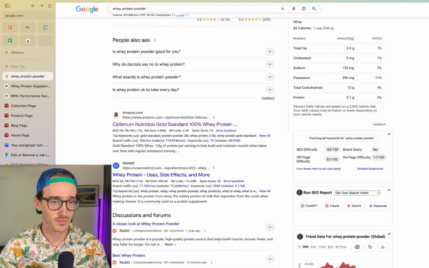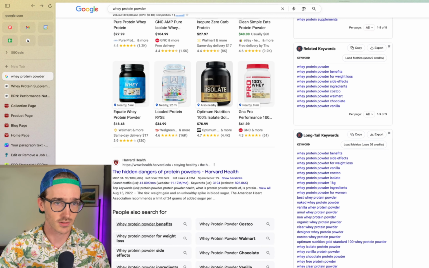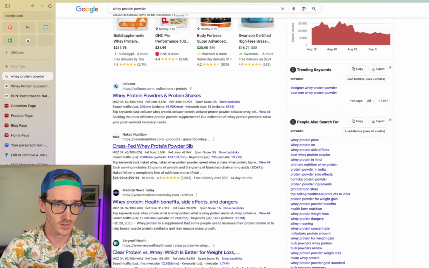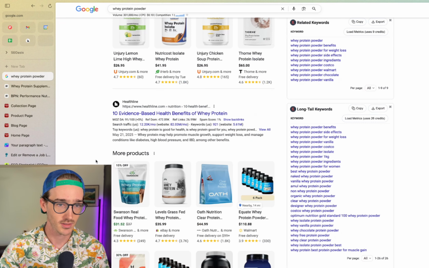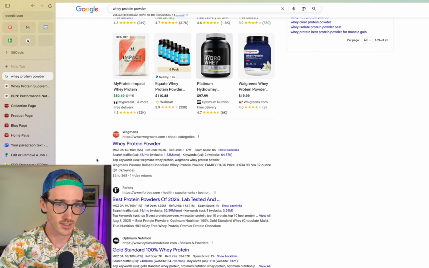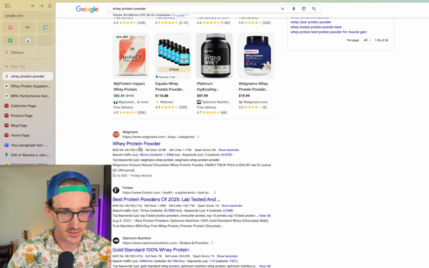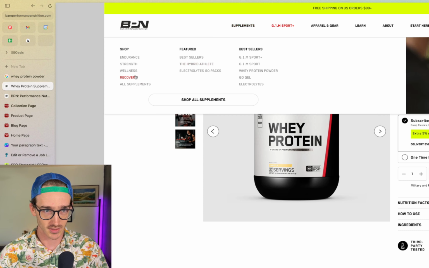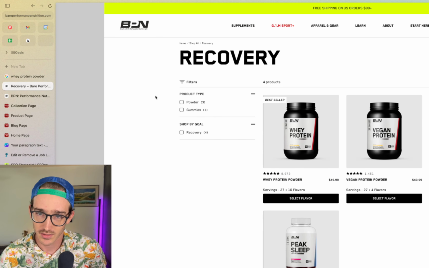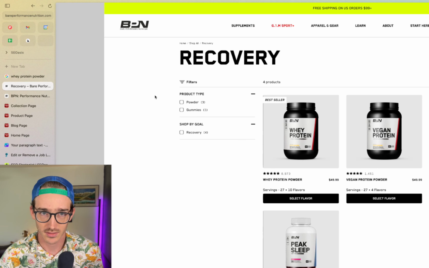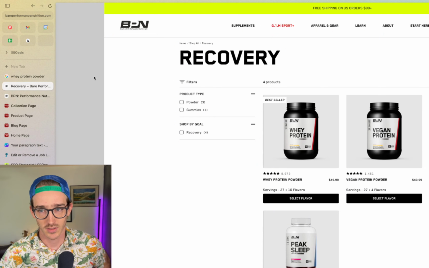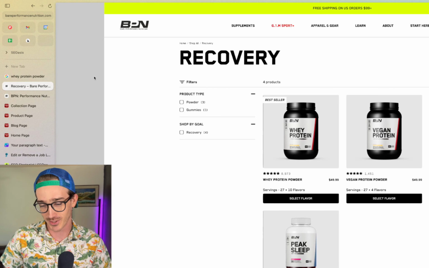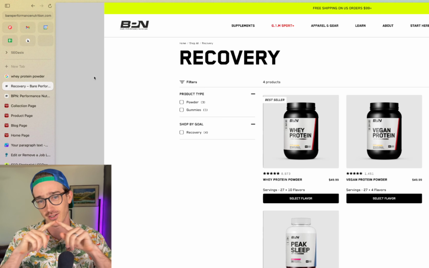So it seems like a majority of these pages are collection pages. You can see collections in there. Product, it's a good mix. Categories, that's a collection page. Point being is they really should have collection pages. I think recovery is probably the closest thing that they have, and it's not very specific. So fail again for collection pages. What they should be doing is building out these collection pages along with the sub collection pages